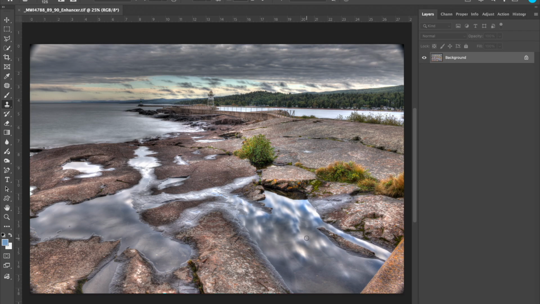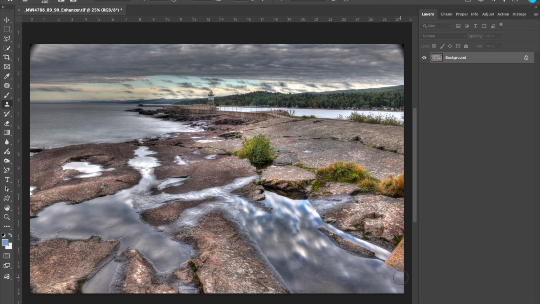So I'm going to get my stamp tool, which is the letter S, and I'll make my brush bigger with the bracket key. And with the clone stamp tool, you hold the option key to sample an area, like right there. Then I click, and then I'll bring my brush over into here, and we're just going to paint this part out